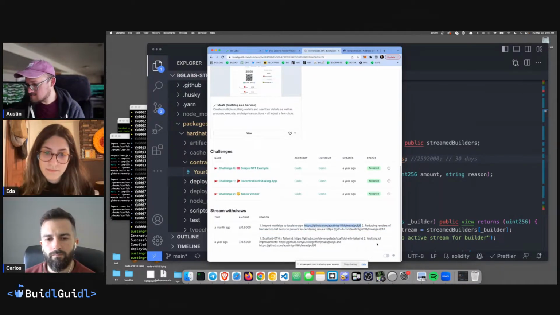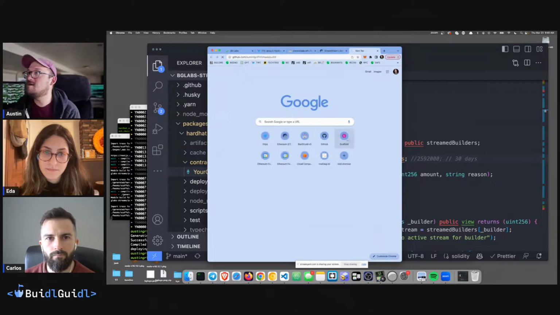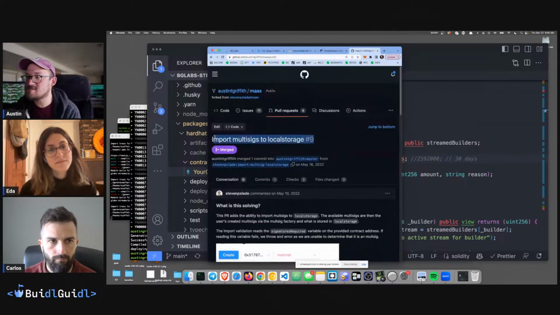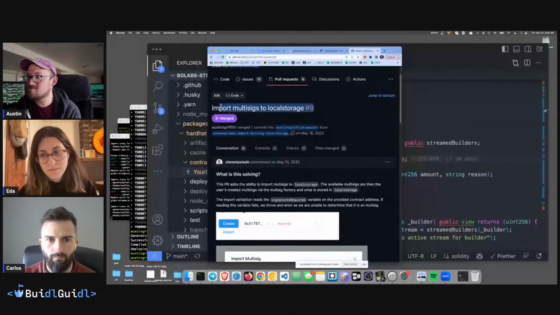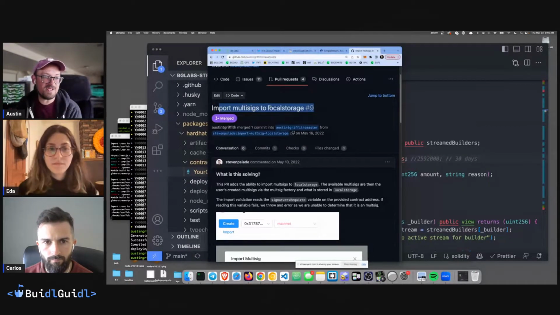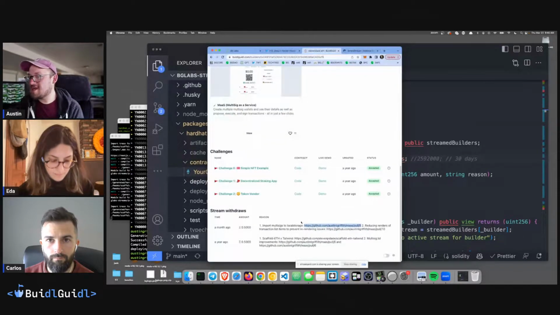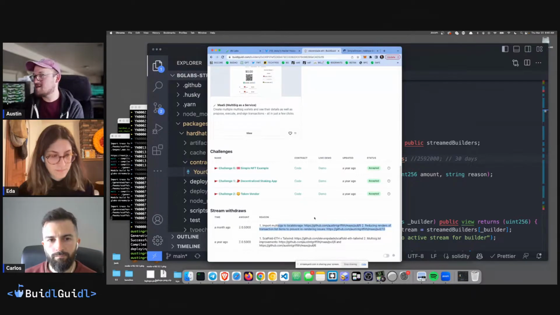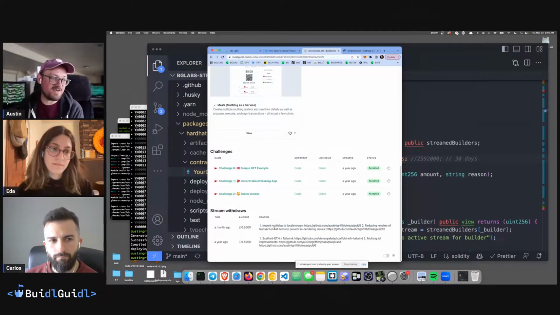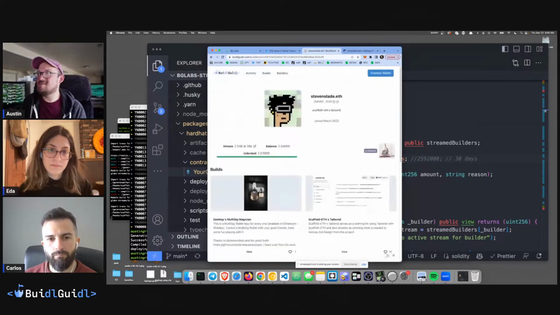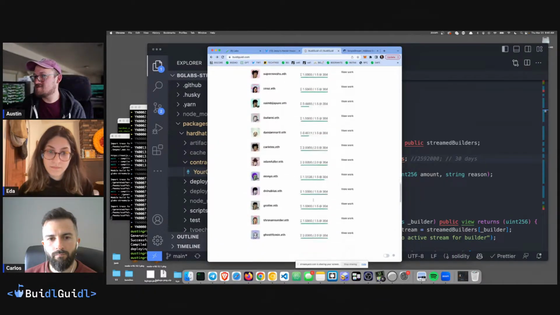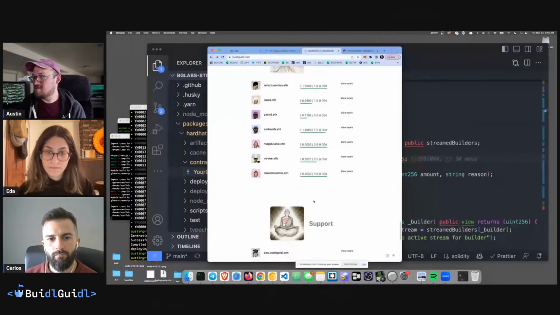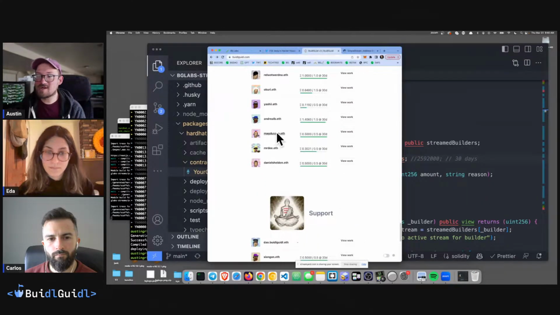Stephen Slade must have worked on a PR to make our multi-sig as a service. Looks like he was having multi-sigs be able to import into local storage. So he was creating and adding some new feature to one of our prototypes that's like a forkable product, and he withdrew for some amount. We can go back and see all of them if we want, but there's lots of builders and their streams, and each one of these is an individual smart contract in this case.